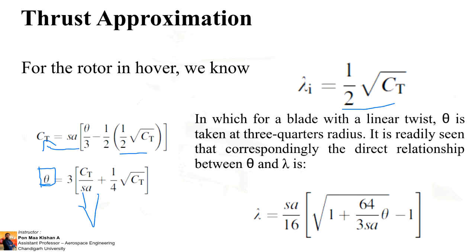Solidity factor. And A, we know, is the slope, and its value is 5.7 according to Clark's experiment, and the remaining term is the coefficient of thrust, CT. So if the pilot wants to hover the helicopter at a certain altitude, and he knows the thrust, then with the pitch angle he can easily hover the helicopter. So for design conditions as well as for performance conditions, we have to include the pitch angle which is required to hover.